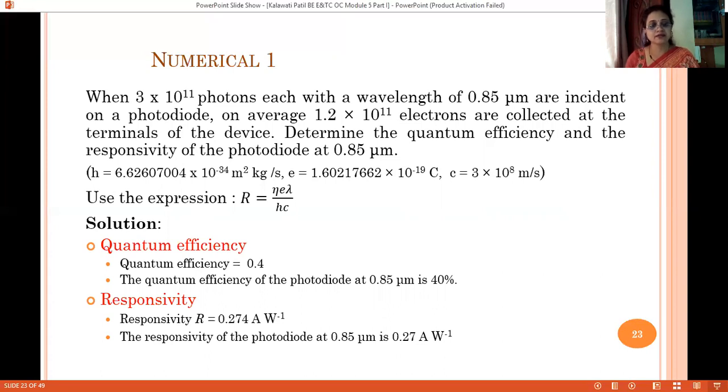As I said, it is generally expressed in percentage, so this is how you are going to write your final answer: the quantum efficiency of this photodiode at 0.85 operating wavelength is 40%. Now you can easily calculate the responsivity by putting in all these values and the constant values, and it comes out to be 0.274 amperes per watt. As I said, you will write your final answer in this format.